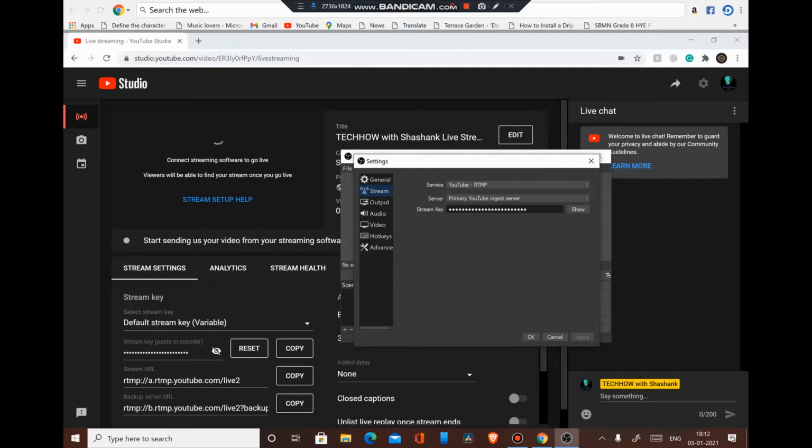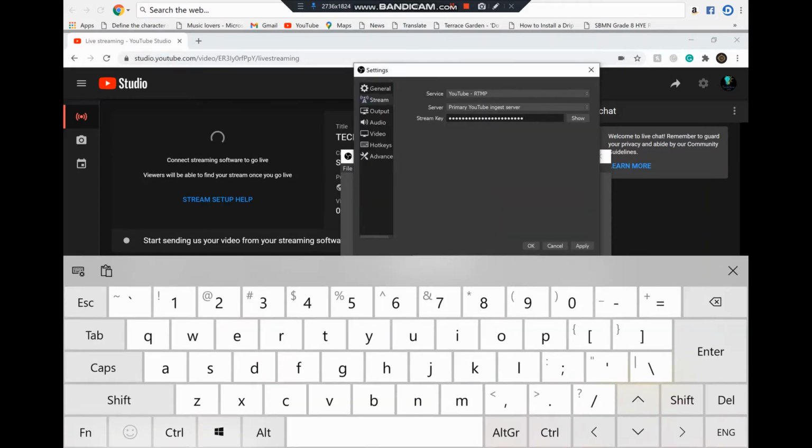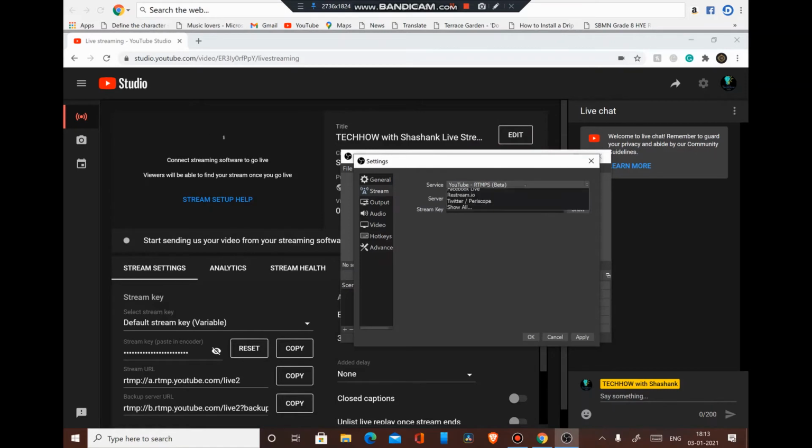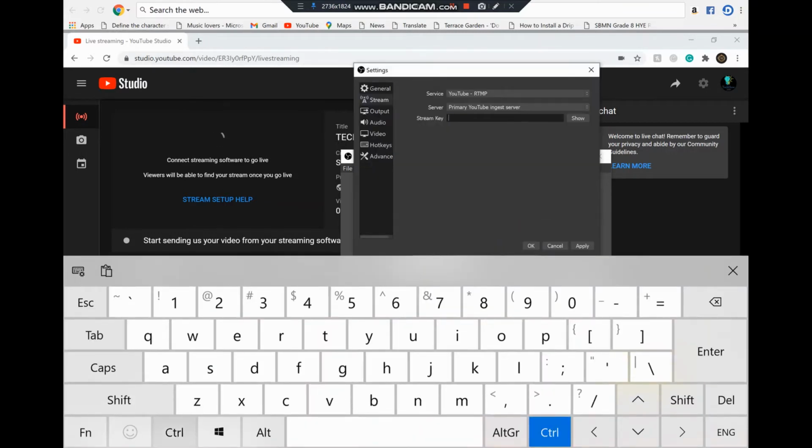Okay, so this is the stream key. We need to enter our stream key over here. Now I'm going to backspace everything. First we need to select over here the service that we are going to use, the app. Is it Twitch, YouTube, Facebook Live, Restream, Twitter, or there are more options. Now I'm going to choose YouTube itself. Okay, so I'm going to take it as primary. The stream key, I'll just paste it,